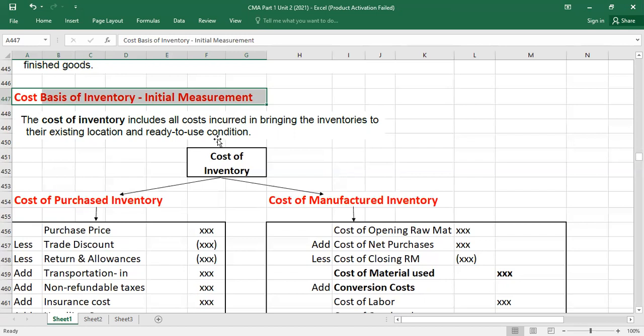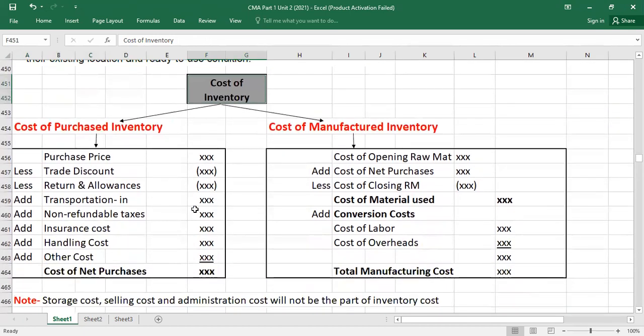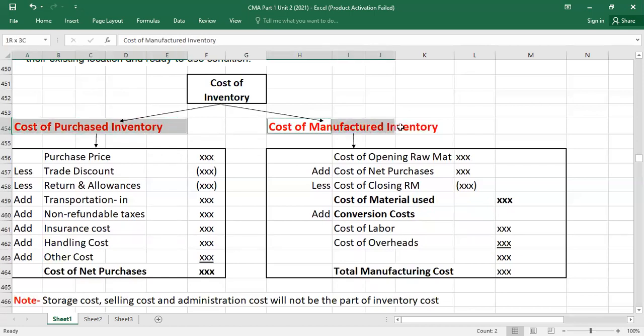So usually the cost of inventory, we can calculate this way. Here we have a simple format. For example, we are going to calculate here the cost of purchased inventory, and what will be included if you want to calculate the cost of manufactured inventory. So usually the cost of purchase, as I told you,